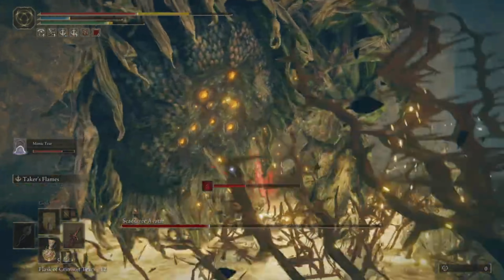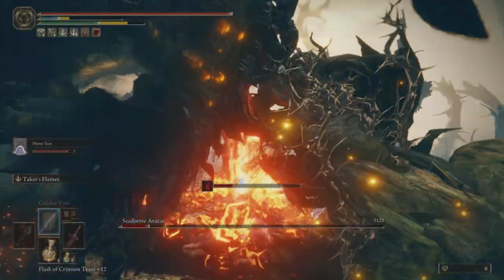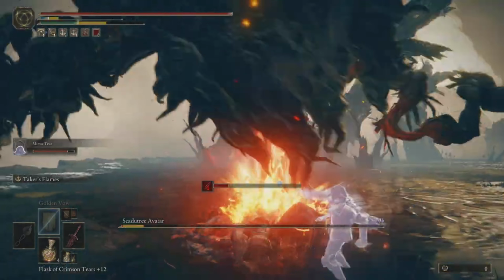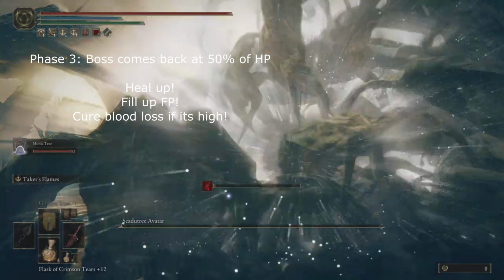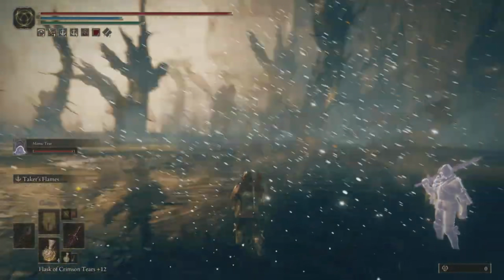I just ignored the mechanics here when it erupts with the thorns because I knew I had health to handle it, and then just kept casting my fire damage. Phase 2 done. Phase 3 starts when the boss comes back at 40% of the health it had originally. Again, heal up, fill up